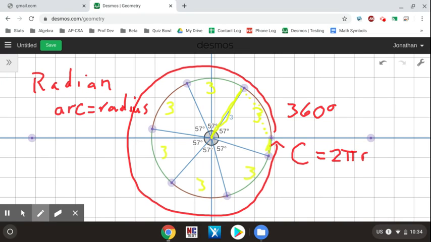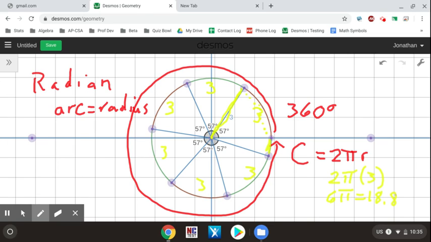Now, if I was using my circumference formula, I would have 2 pi times 3. If I plug that in, I get 6 pi. And pi is about equal to 3, so this is going to be a little bit more than 18. Actually, it comes out to be about